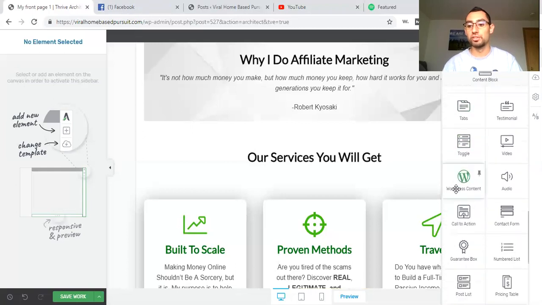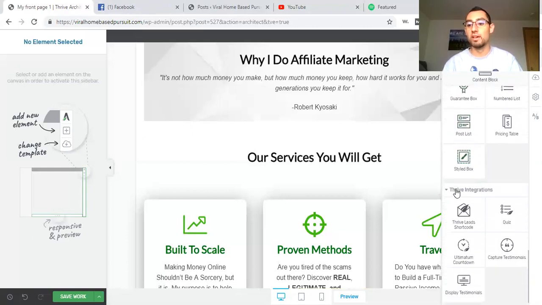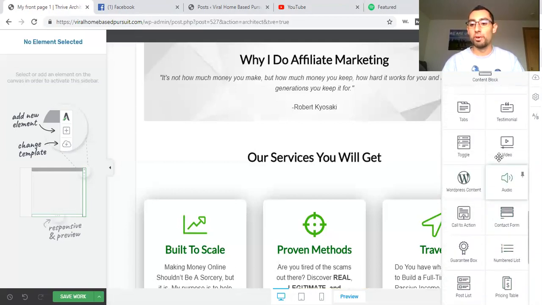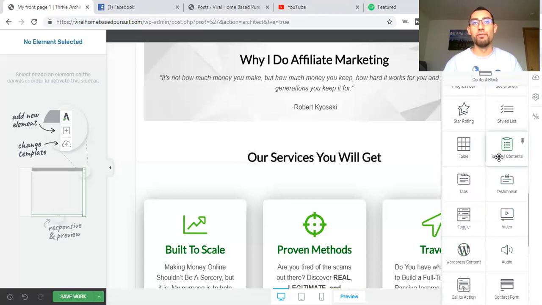And there's just so many features here that I can't even spend the time on. If I spend the time on this, we'd be here for another 3 hours, right? But just knowing that Thrive Themes is a very luxurious tool. You won't have to worry about messing things up. You won't have to worry about not having the right look on your site, not being able to convert, because that's